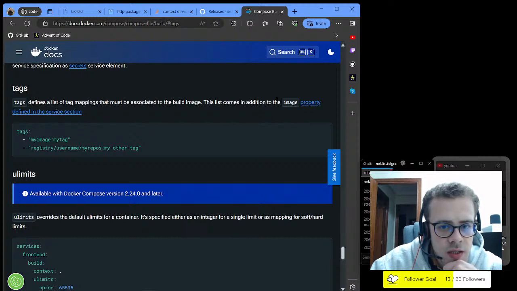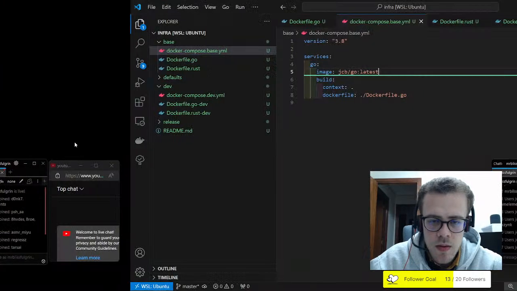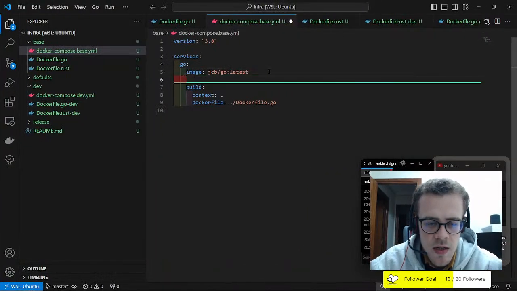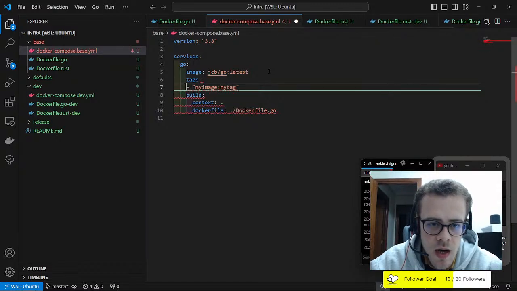This list comes in addition to the image property. Okay, my image tag. Alright, so this seems to be what I want. Okay, so I can have that image name and I can have additional tags,